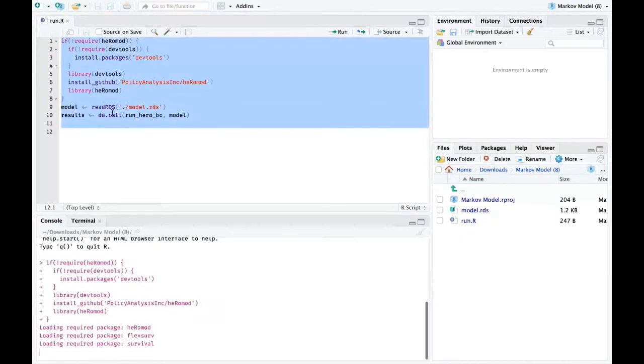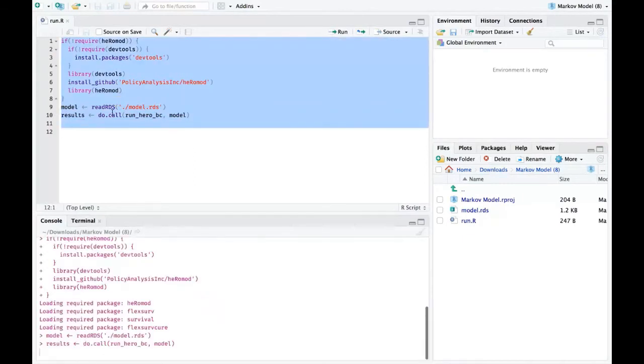So if I just run this, it's running the results right now, and the results have been run. Doing it this way, you can also see exactly what errors are occurring when you run the model. You can run it with line-by-line debugging to see exactly where errors occur if you really want to go in depth with it. But this allows you to run a model offline and see those results without necessarily having to be connected to the heRo3 platform.